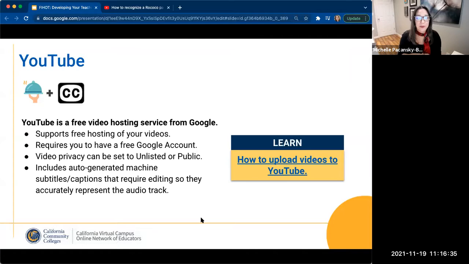And as we mentioned with YouTube, when that CC icon pops up in the lower right corner of your video, that means there are captions in place. It takes a little while. Sometimes it takes a long while, but those captions are automated, and YouTube auto captions are not great. They're worse than Canvas Studio.